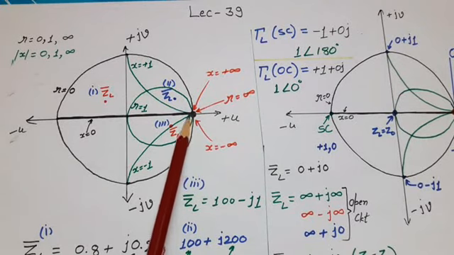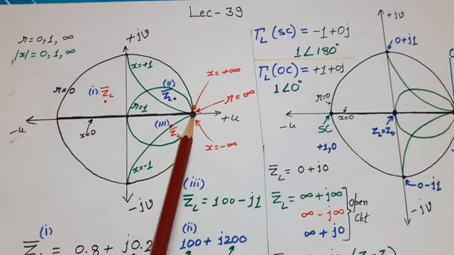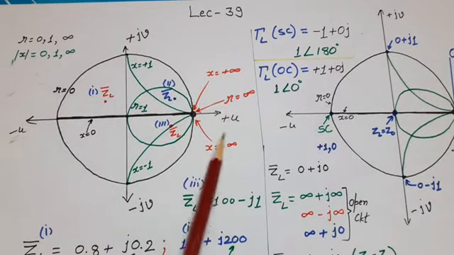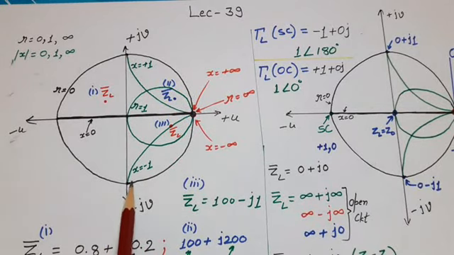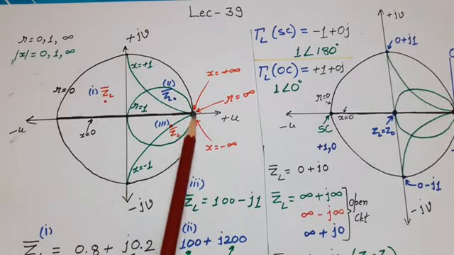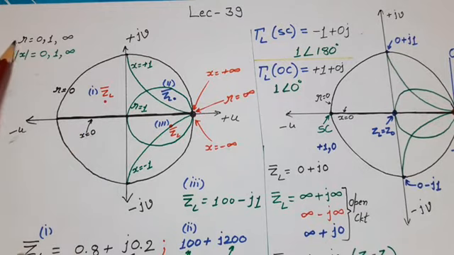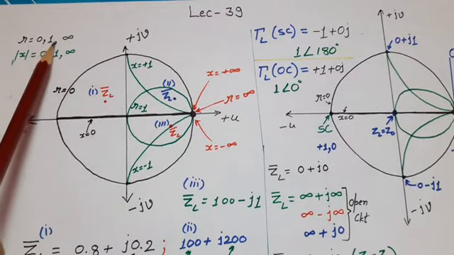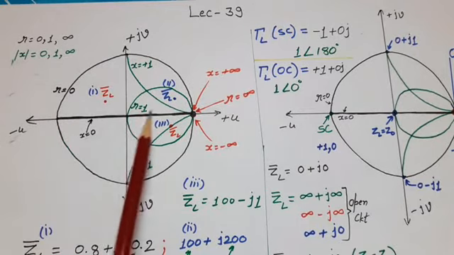Similarly, we draw circles for some values of X. For example, a dotted point circle for X equal to plus minus infinity. These two circles, this is for X equal to plus 1 and this is for X equal to minus 1, and this line, that is the U-axis line, is for X equal to 0. In simple words, we draw constant R circles for R equal to 0, 1 and infinity, and we draw constant X circles for mod of X equal to 0, 1 and infinity. These are some important circles on a Smith chart.